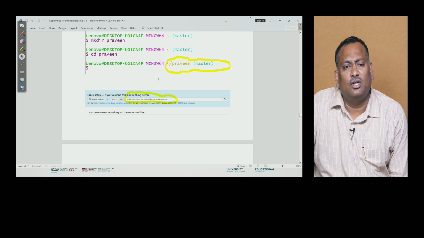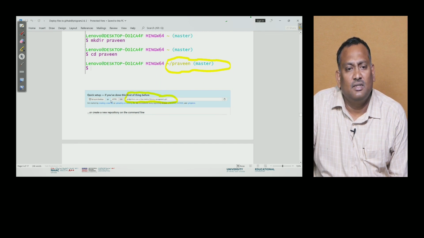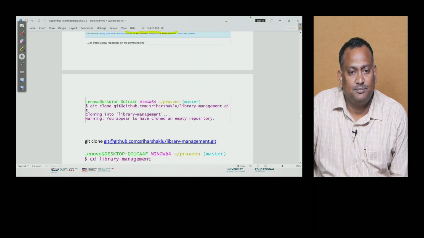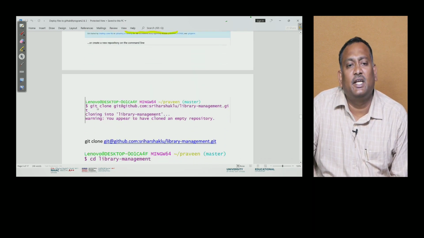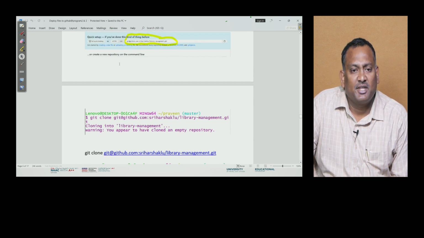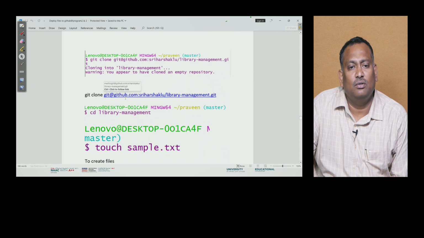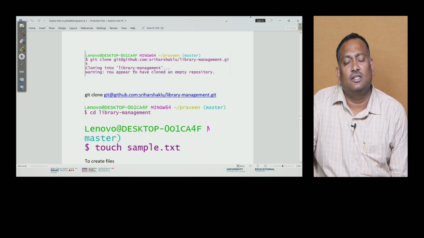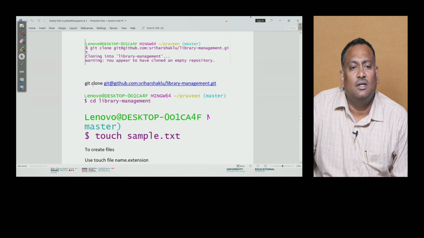Now go to github.com. Here the HTTPS path is there. We select the HTTPS path and copy it here. The command is git clone, followed by the path you have copied from GitHub. This is the path you copied: git@github.com, Sriharsha KLU is the account, and library management is the project name. Once you clone the project and you don't get any issues, next